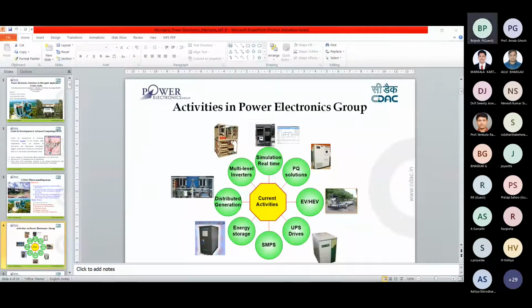So the scheme developed for the particular installation was like this. We surveyed the location. There is a possibility of solar installation. So our primary power source was solar, and we have a power conditioning system.